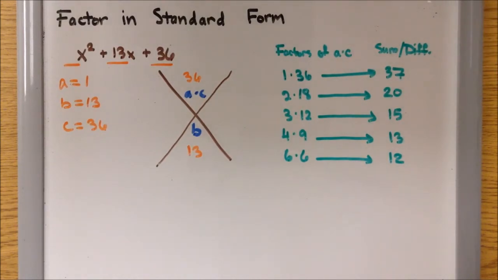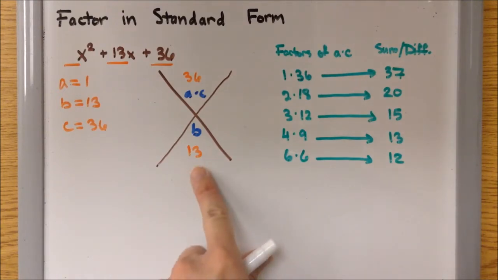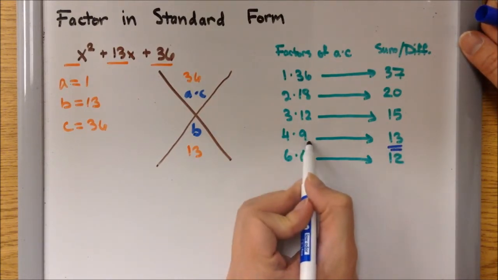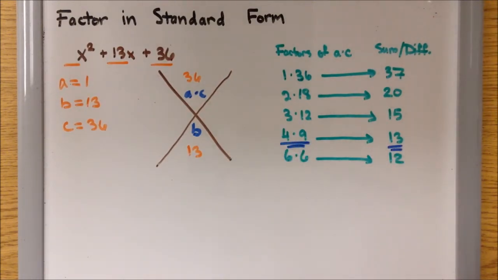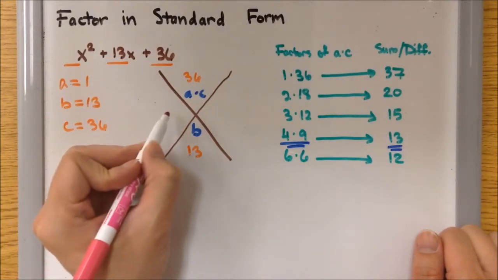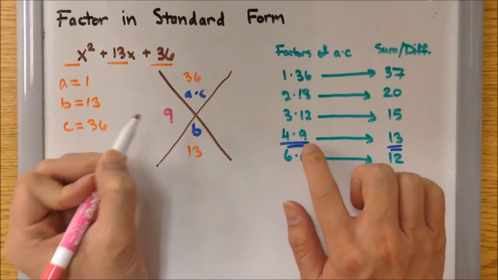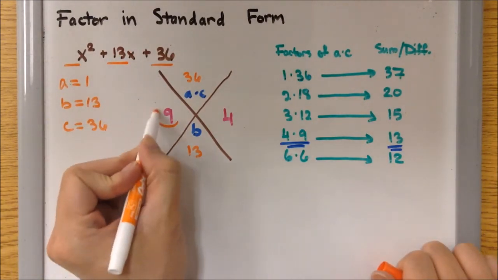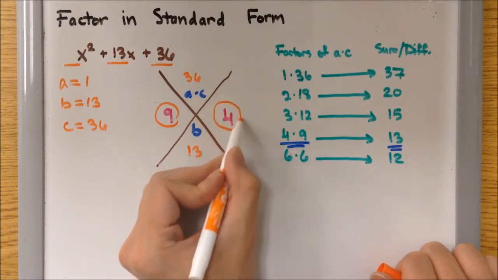Now taking a look, the only one that we want is the one that has the sum of b, 13. So this one right here. Therefore, we're going to use these two factors. So on the side, I'm going to write, and again, the order does not matter, so I can simply write 9 first, positive 9, and positive 4. So once I identify the proper factors for 36, that means I'm going to use 9 and 4 in